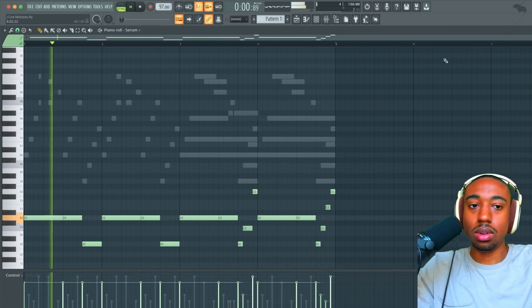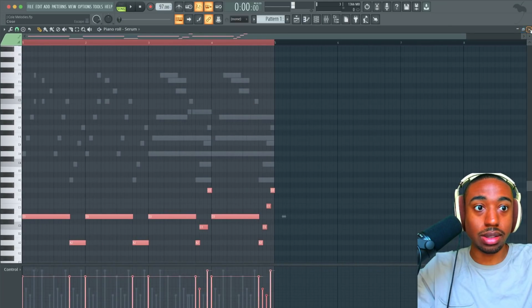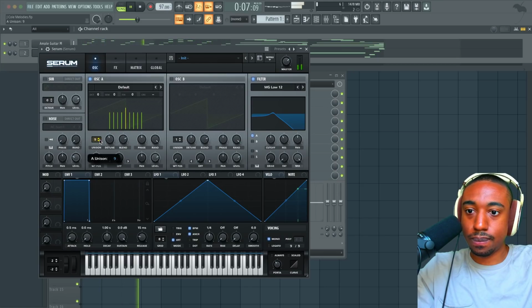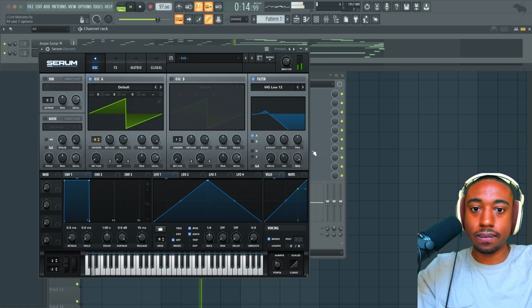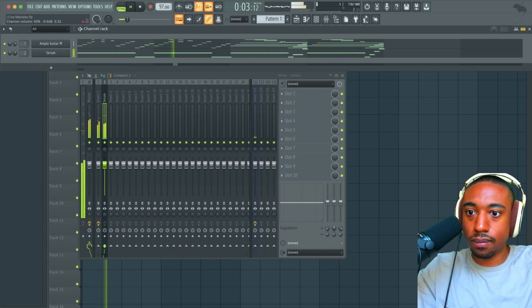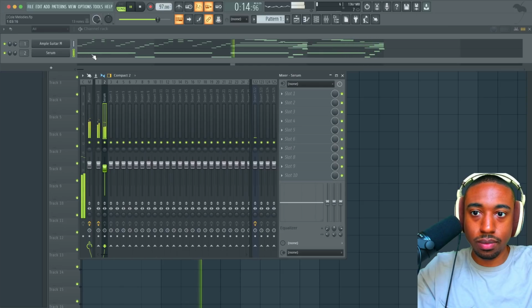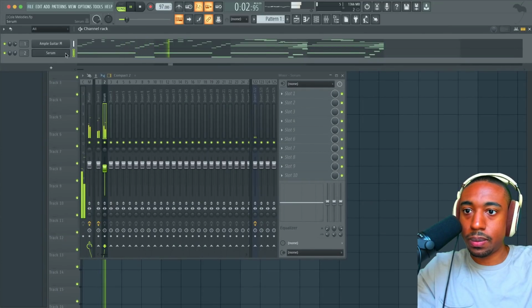We're gonna hit Control L, hit Control G to group the notes, and just make sure the notes overlap a tiny bit so you get that slur effect that I'm about to program into the sound using what's called mono mode and then portamento mode. Okay, so you get the gist.